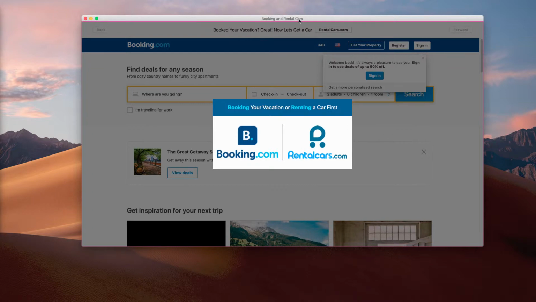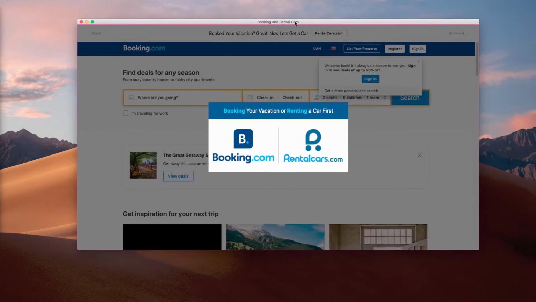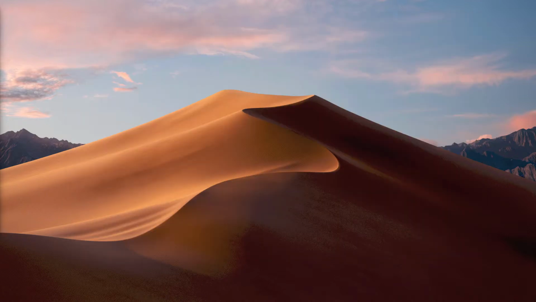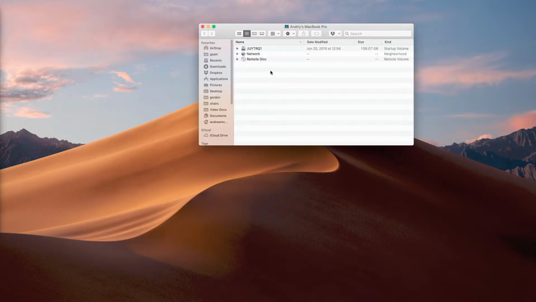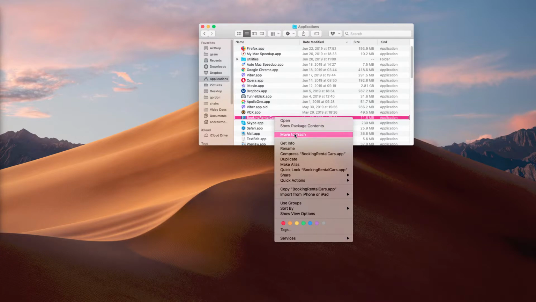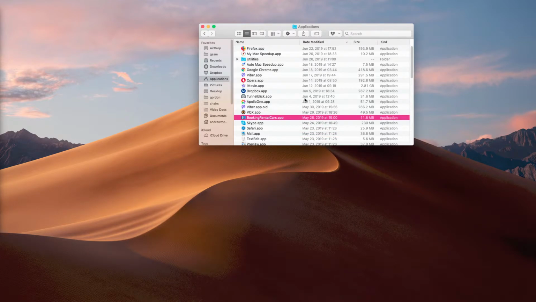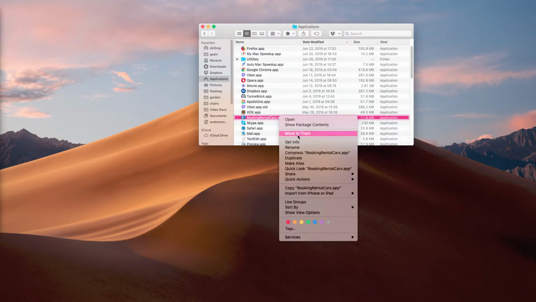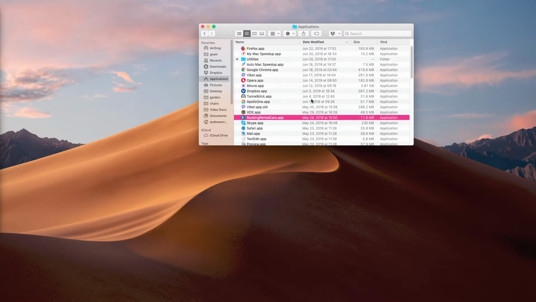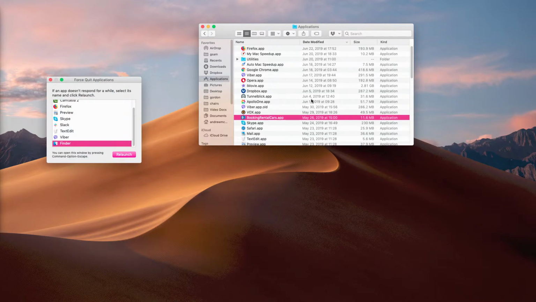So it's your personal decision whether to remove this program or to keep it. I recommend you to remove it right away. You go to your Finder, to Applications, then you find this Booking Rental Cars application and move it to the trash. It might mention that the program is in use because it's open, so you click on the Command Option and